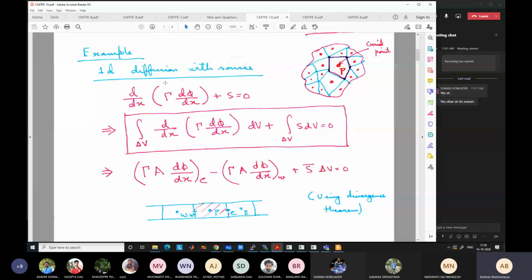Yes, tell me. Sir, you told that if we divide our domain into 1,000 control volumes, then we will get 1,000 grid points, which will be at the center of each control volume. Yes. So you said that the properties we are measuring, temperature, pressure or density, at the grid point will be equal for all the points in that control volume, sir.